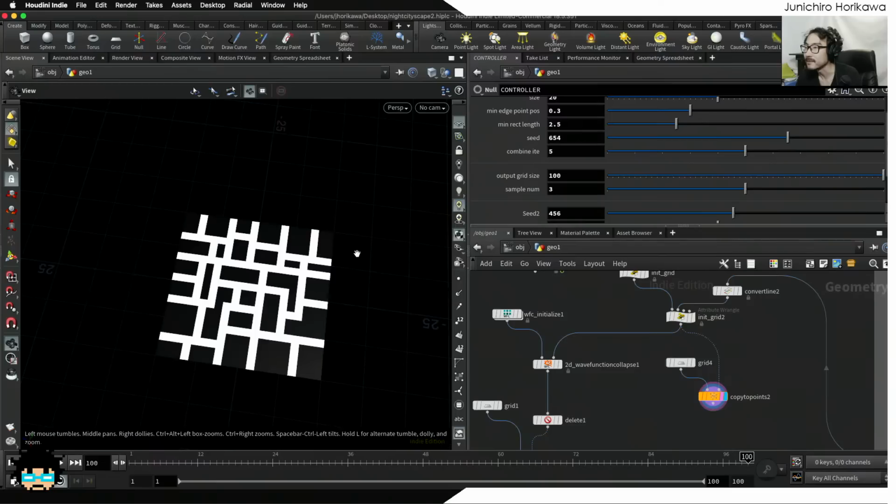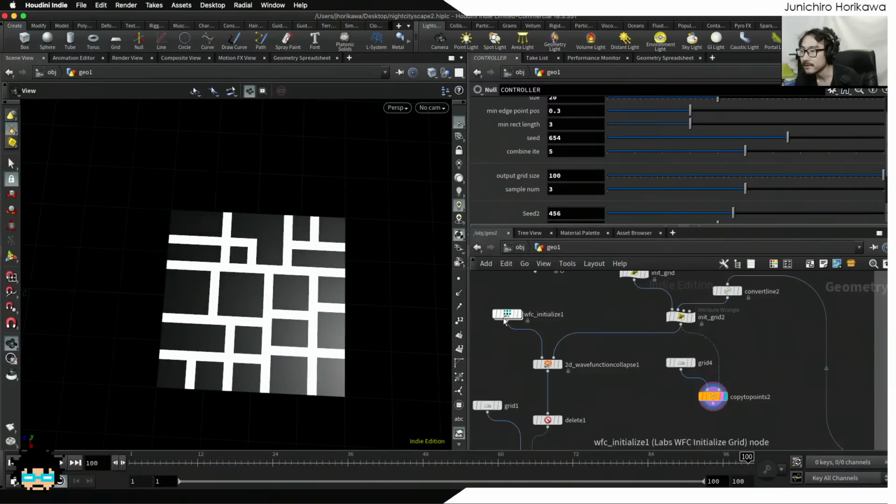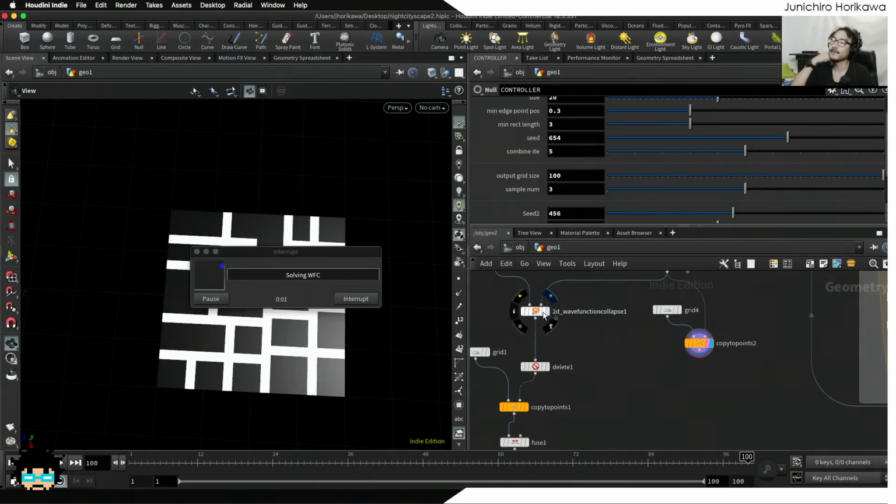Yeah, it looks too small. So I should have more than 2 right here. This one looks good in terms of the